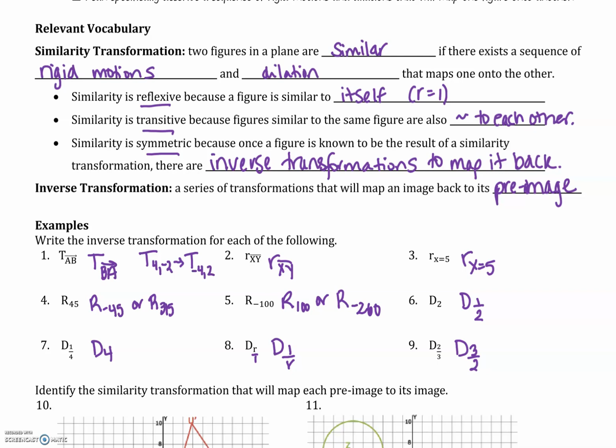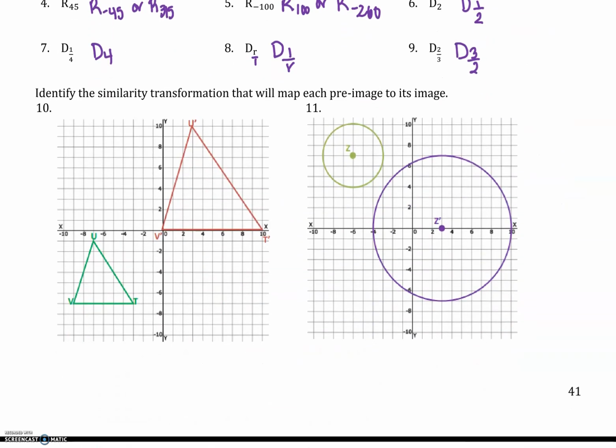You just negate both. Okay, so we have an image and a pre-image, and we're going to identify the similarity transformation that will map one to the other. Starting with the pre-image, the one without the primes, we want to map it to become the image. So with a transformation on the coordinate plane, that's pretty simple because we can do a lot of counting and exact numbers. So if I wanted V to move to V prime, the first thing I would probably do is translate it. And I would move right 9 and up 7. Right 9, up 7. Then, if I did that with the other ones, 1, 2, 3, 1, 2, 3, 1, 2, 3, I would be here